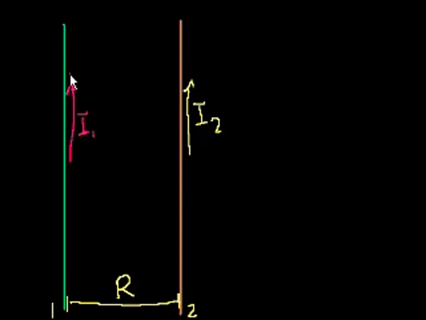Well, let's think about it. Wire 1, the current in it is going to generate a magnetic field. And what's the shape of that magnetic field going to look like? Well, we could take our right hand, do that right hand wraparound rule. It's a little different than the cross product rule, although it's kind of a byproduct. So that's my right hand, and I'm wrapping it around. If I point my thumb in the direction of the current, then the magnetic field goes in the direction of my fingers. So they're going to go around